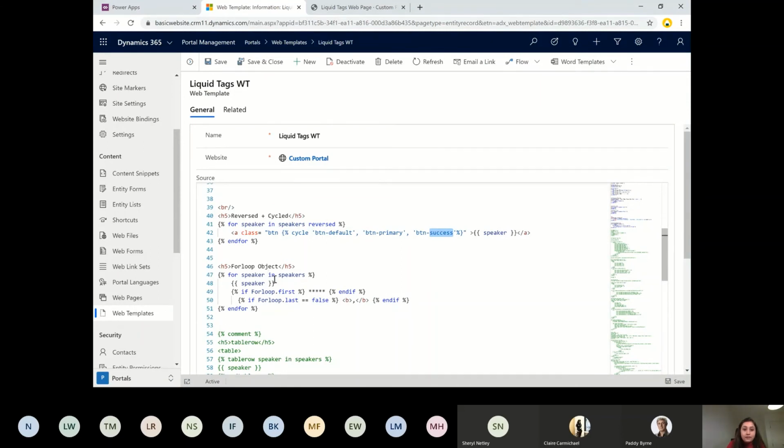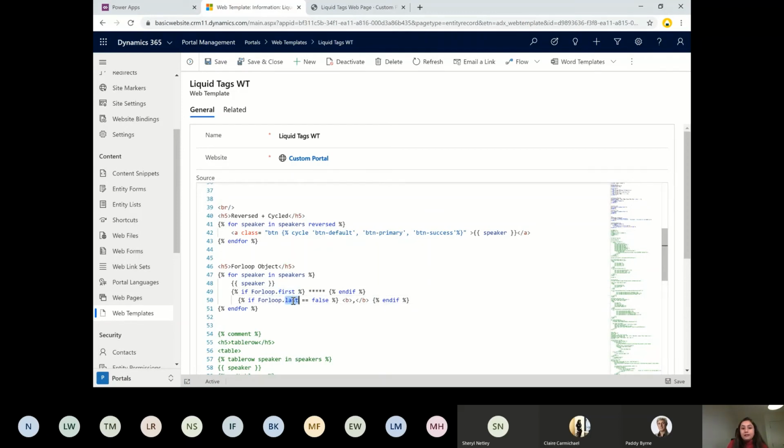And then we are going to show something else, the for loop object. If you loop through the array and you say forloop.first, if it's the first element of the loop, please show this also along with that, or I'll just show it till the time the last is not coming. Basically last is equal to false, just show all the attributes.